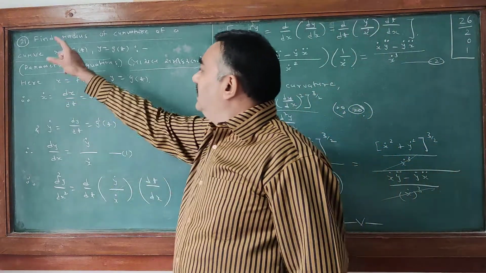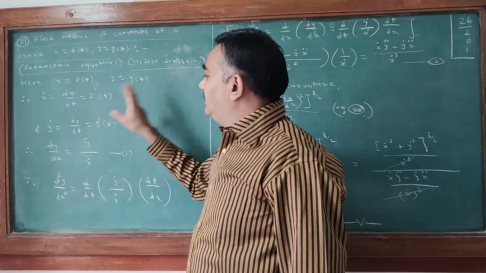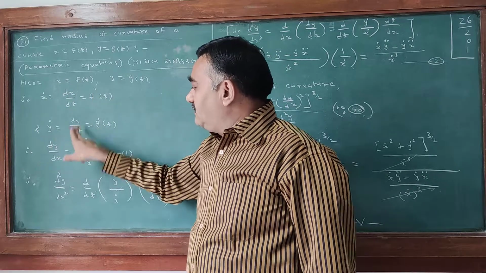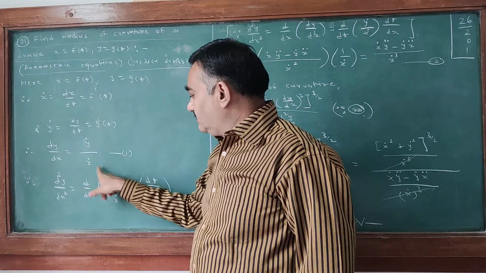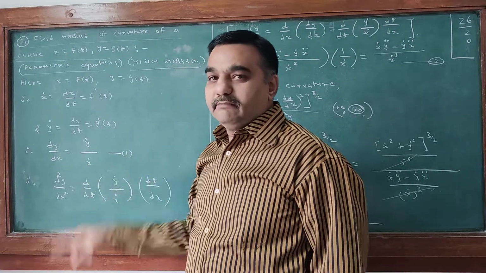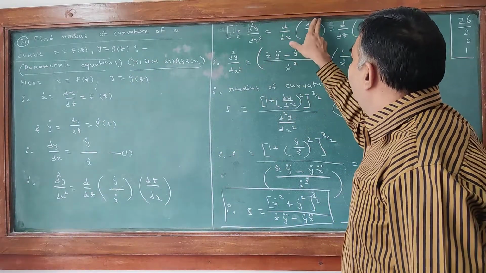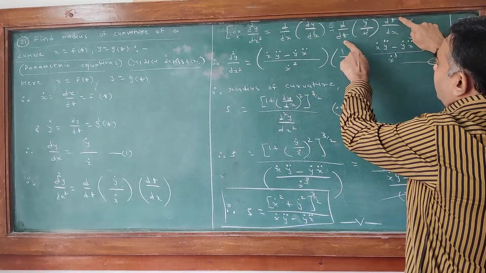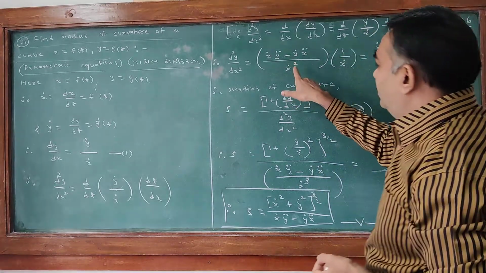So here, in this equation of parametric form, x is f(t), y is g(t), x dot is dx by dt, we call it f dash t, y dot is dy by dt. dy by dx is dy by dt upon dx by dt, and therefore it is y dot upon x dot. We say this is equation number 1. Then d square y by dx square is d by dx of dy by dx. Here we multiply and divide by dt, which means it's a chain rule, and it is y dot upon x dot. So square of denominator,